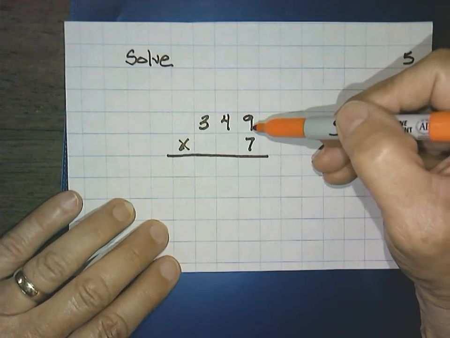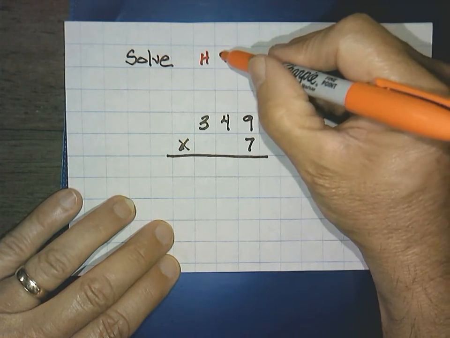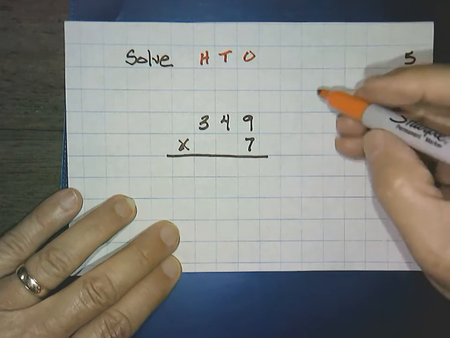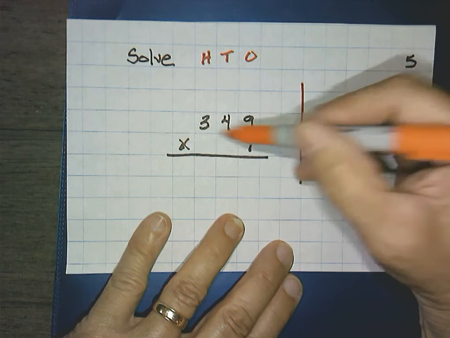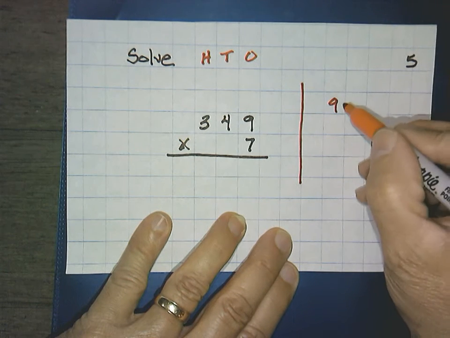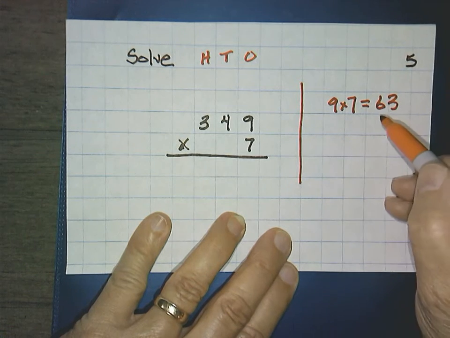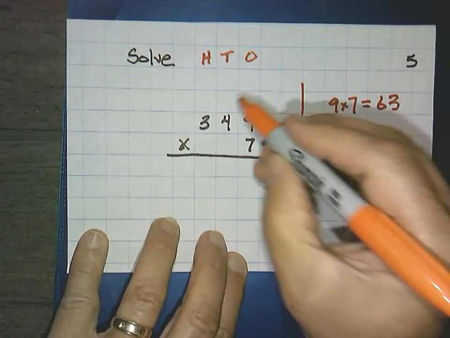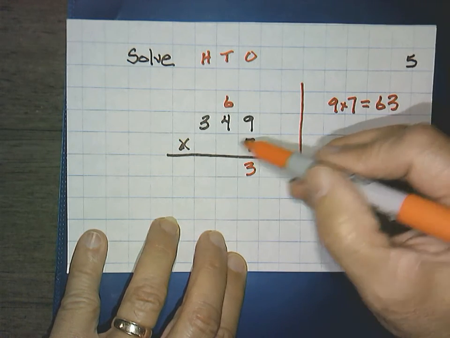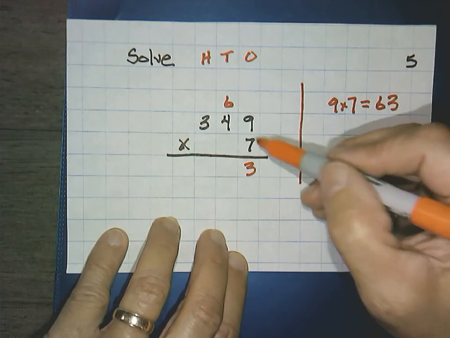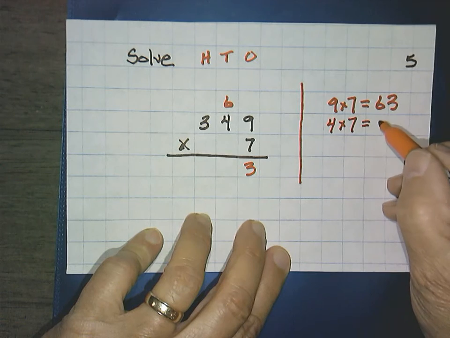Remember that 349 is 3-digit. In other words, we have 300, 4 tens, and 9 ones. We start with our ones, 9 times 7. That would be 63. Notice that 63 is a 2-digit product, so we regroup. 63. Then we go to the tens, 7 times 4, or you could say 4 times 7. And that would be equal to